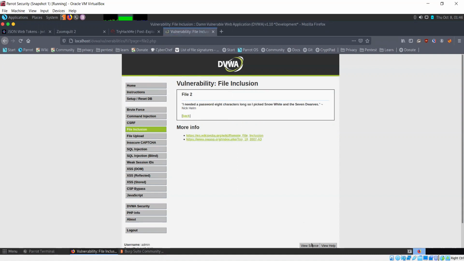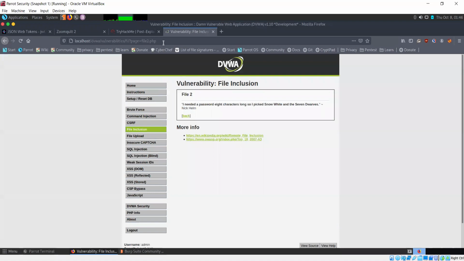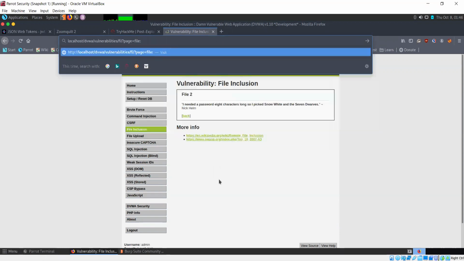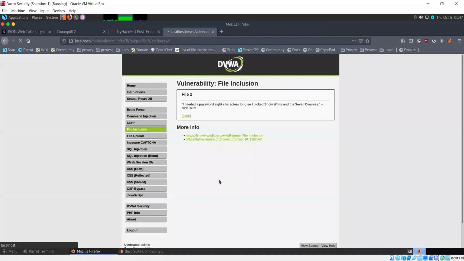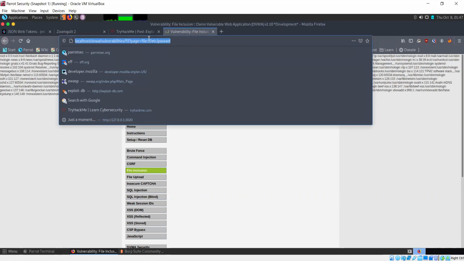But what they have done is, even here they have made a mistake. They've given us file and an asterisk after that. Asterisk means I could add any number of characters, I could add anything I want. What I'm going to do is, I'm going to try this. So it's still opening, because when you add an asterisk, that means any number of characters you can enter there.